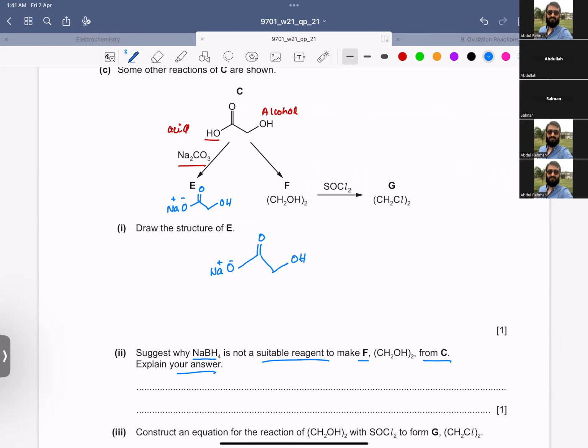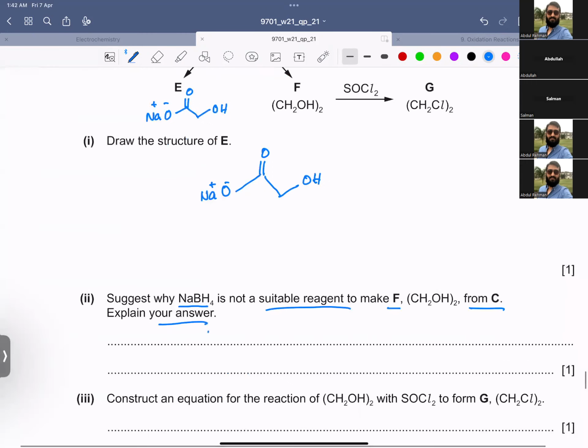Yes, who can explain this answer? It clearly indicates that it is not a strong oxidizing agent. Although it's an oxidizing agent,